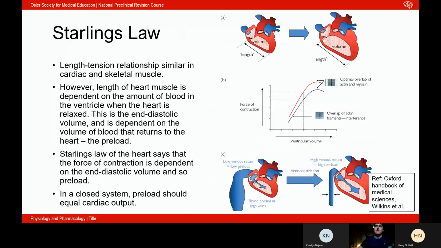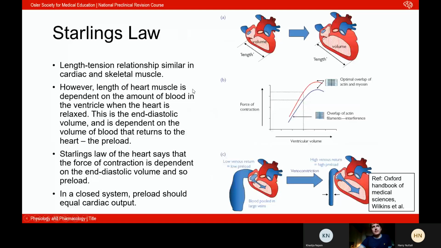So an important consequence of the structure and function of cardiac muscle is this thing called Starling's law. Essentially, all it is is a reflection of the length-tension relationship we saw in skeletal muscle. They have the same actin-myosin processes in cardiac muscle, so we also get this effect. But we're at the upstroke of this length-tension relationship, at physiologically realistic values, and that's deliberate because we have Starling's law,